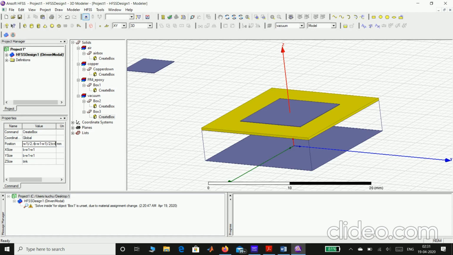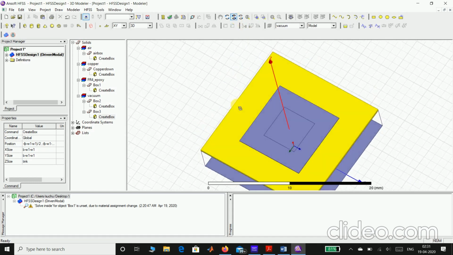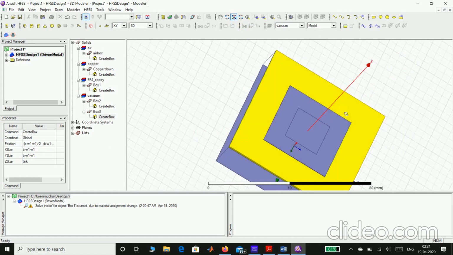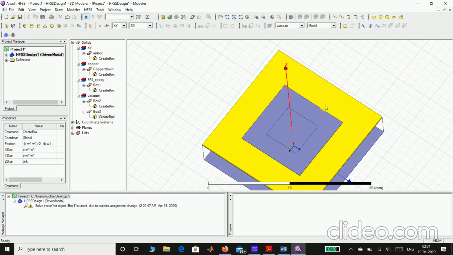So the z axis will be the same, it will not differ, as it is tc plus ta plus t1, the thickness of the FR4 substrate. So let me just press enter. As you can see, this has automatically come over here. For your visualization, you can even change the orientation of this by pressing the left click and changing the orientation of the block. But then press escape to come out of this command.